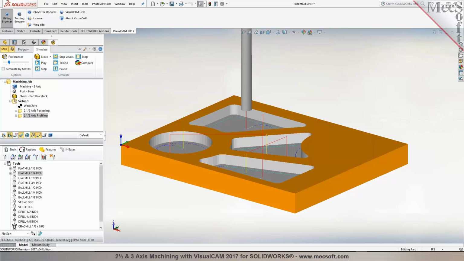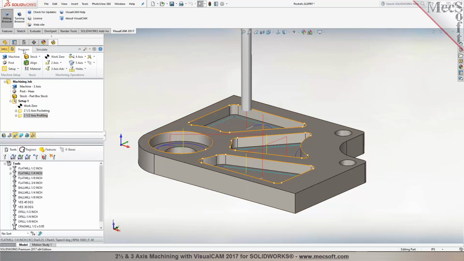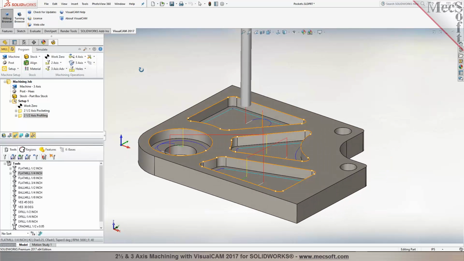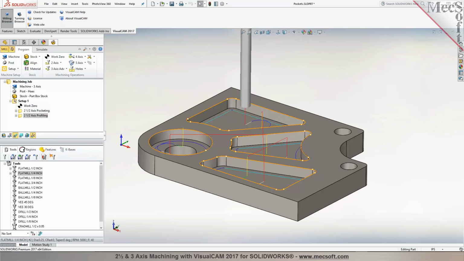For example, if one of these pockets would be a different depth, will it be considered by the software, or do all of them have to be the same depth? For example, one of them is a couple of millimeters deeper than the others. In that case, should we define a new job, new operation, or is it also doing the multiple